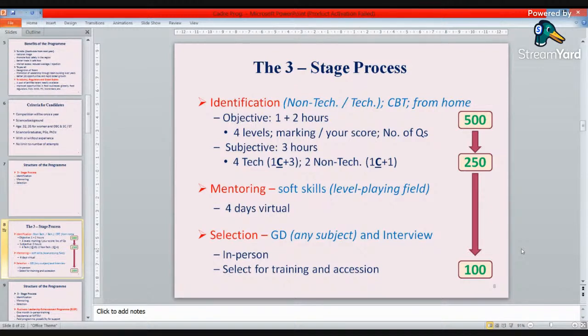And then we observe you during the group discussion, and then interview these 250 people. How do you carry yourself in a meeting? How do you participate in a meeting with your seniors? How confident are you during the meeting? All these things are seen. So we see your technical skills first, objective and subjective, then the soft skills. Basically, the idea is to scan you inside out. If you go for civil services exams, they also follow the same process.